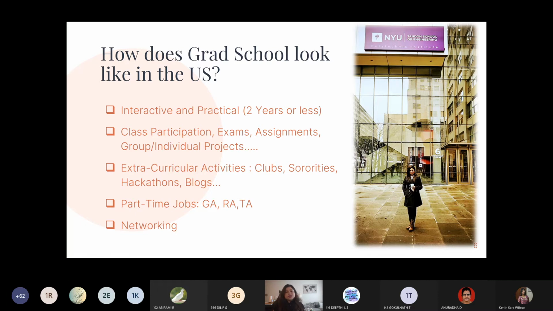Networking. I know this is a broad topic again. The more you know people in grad school, the better. So use LinkedIn, use your resources, go to meetup clubs, whatever you do. Networking is very important when it comes to job search. You just get to know people, hold a conversation, understand where they're coming from and what they do, so you will know what to do when you come to that stage. All right, let's move on to the next slide.